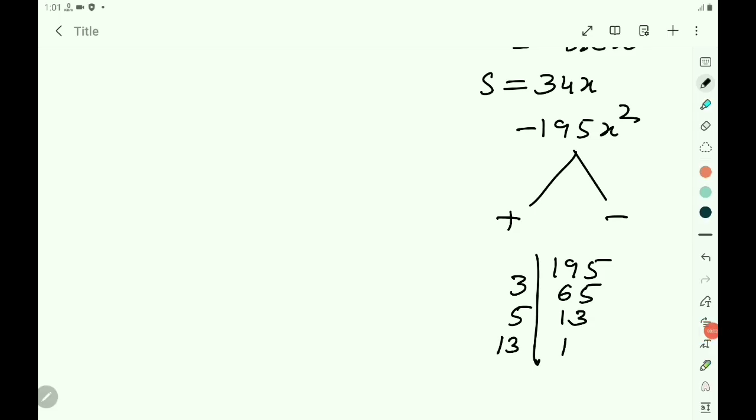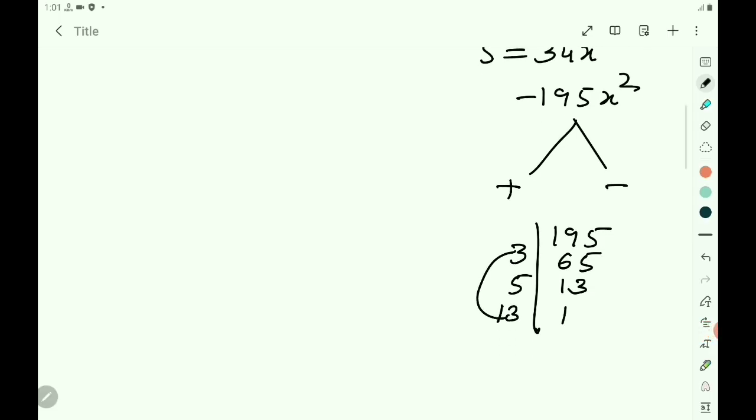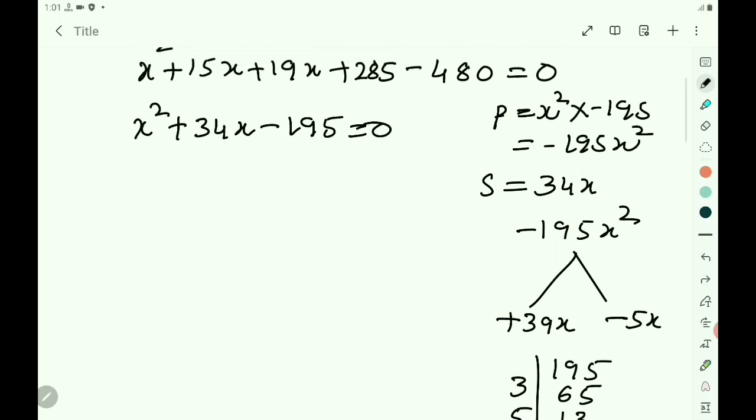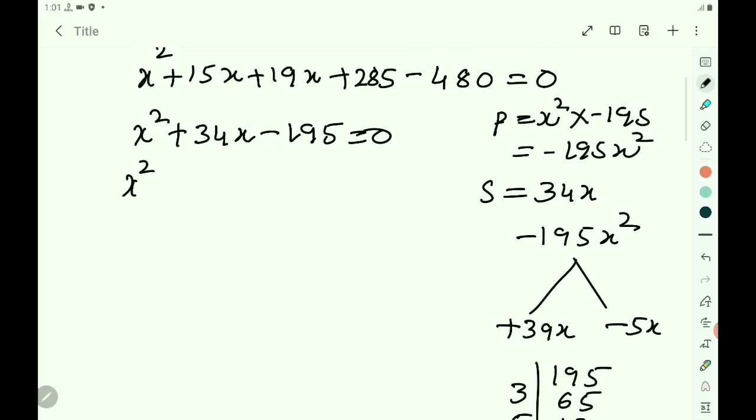13 ones are 13. Then you can take 13 3s are 39. 39 minus 5. 39x minus 5x. 39 minus 5 is 34. 39 into 5 is 195. Then you write x square as it is. In the place of 34x, write plus 39x minus 5x, and write minus 195